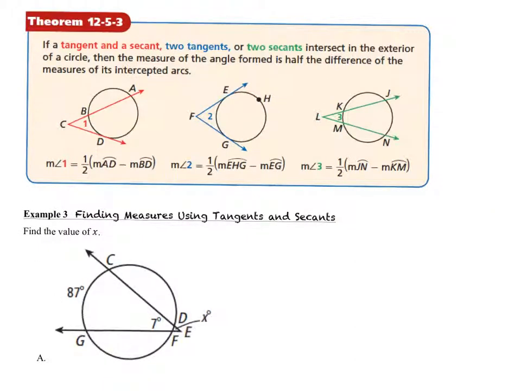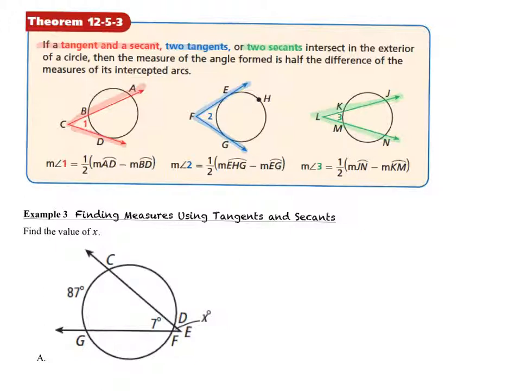Now, if the angle is in the exterior of the circle, then it's going to be half of the 2 arcs subtracted from each other. And there's a few scenarios that could happen. So look at what it says here. If a tangent and a secant, so that's stated here, a tangent and a secant, or if 2 tangents, like in this example here, 2 tangents, or 2 secants,